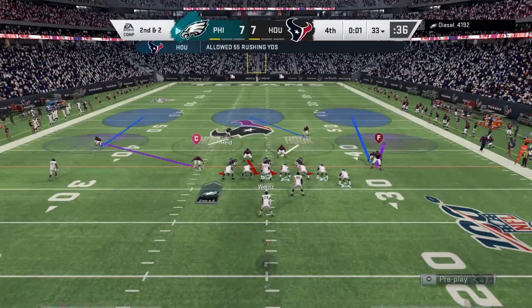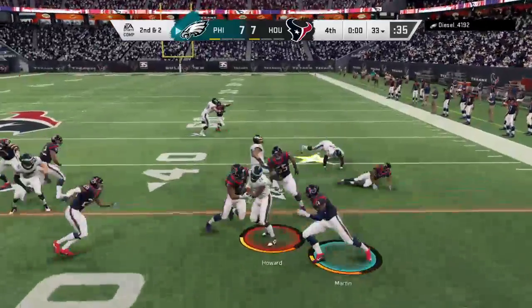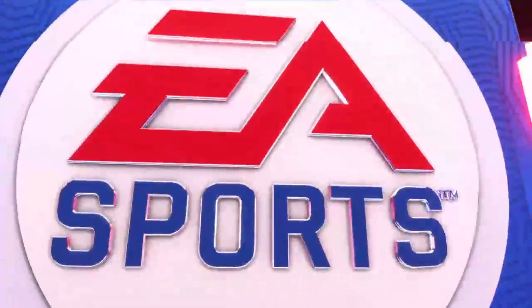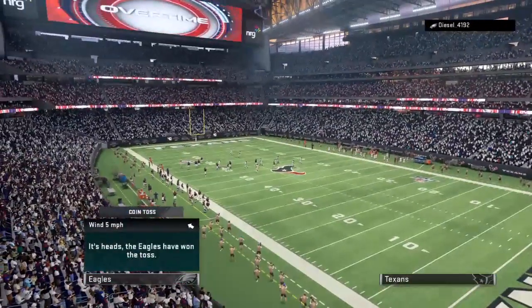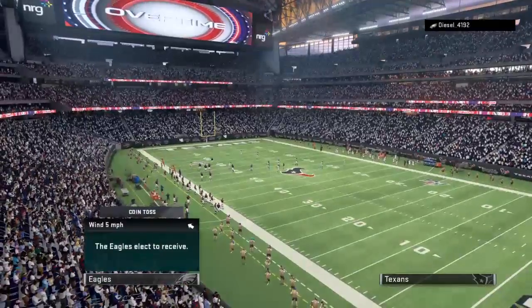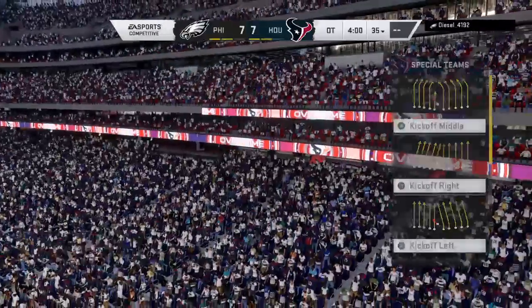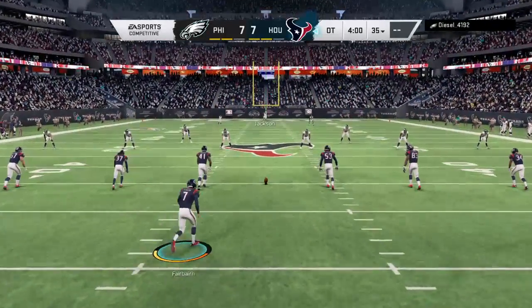Here's a 2nd and 2 now from the 33. They go with Howard again, and he'll only get a yard to bring up 3rd and 1. It's a little teaching moment here. Overtime rules. Remind us how this goes, partner. Okay, so in the past, we had sudden death. First team to score wins, but no longer. Now, if the team receives the ball...